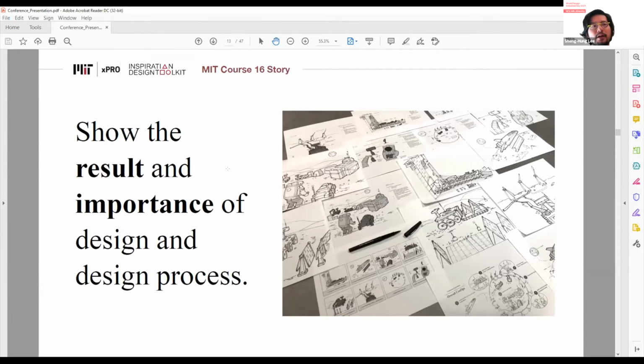From this class, I wasn't afraid. I felt like I could stand in front of everyone and say, okay, I want to show them the power and the importance of design and the design process. That's the thing I want to emphasize and focus on. I showed them the power of design, and I didn't follow the traditional way of doing a presentation, like just following the template and format that the professor provided. I created my own format, my own template for this class.